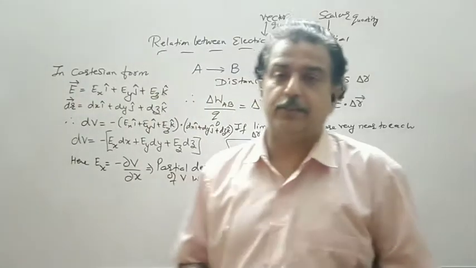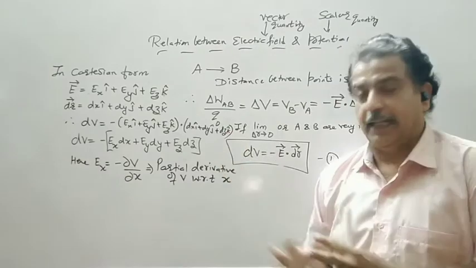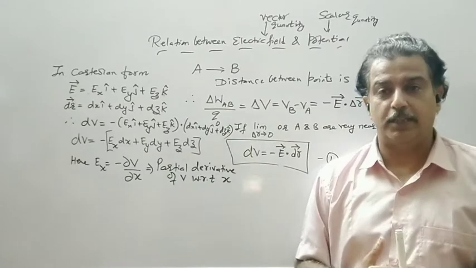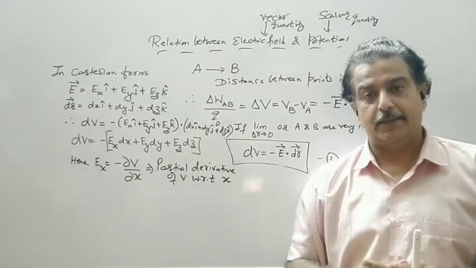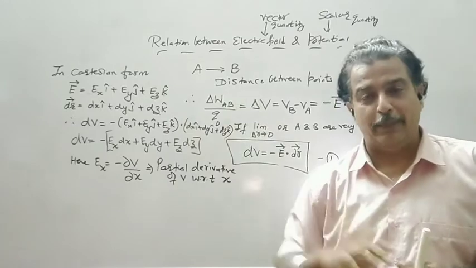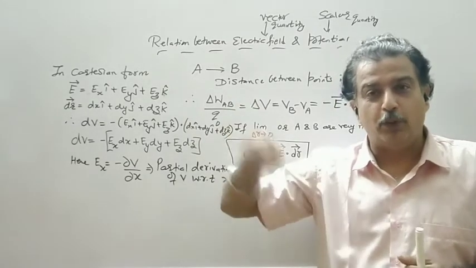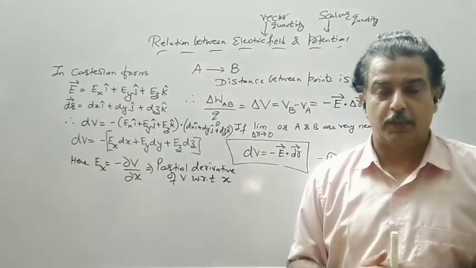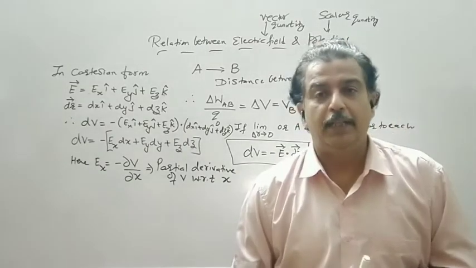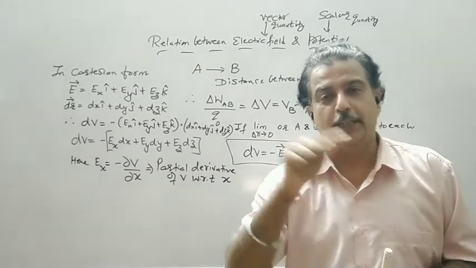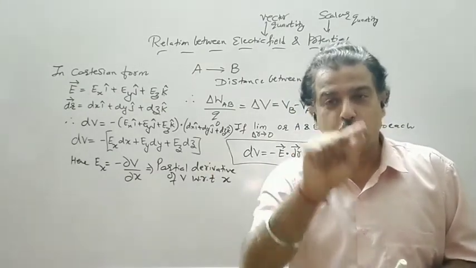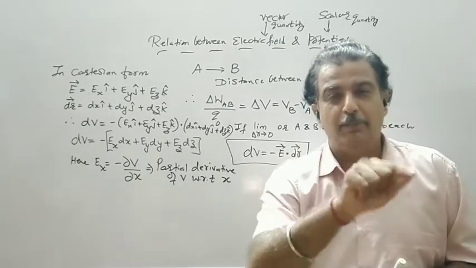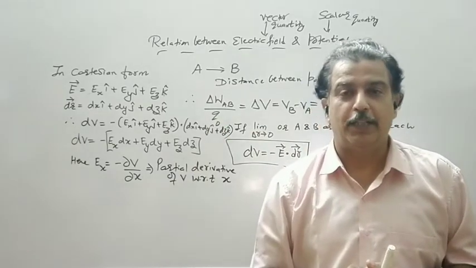Partial derivative means, we will see in the example, partial means some portion. The other portion may be considered as constant. Say the field is along x-axis. You are moving in xy plane. So that y component displacement will give you zero result. Because you are moving in xy plane, you have two coordinates, x coordinate and y coordinate. X coordinate of distance or the position will be multiplied by the x coordinate of the field.